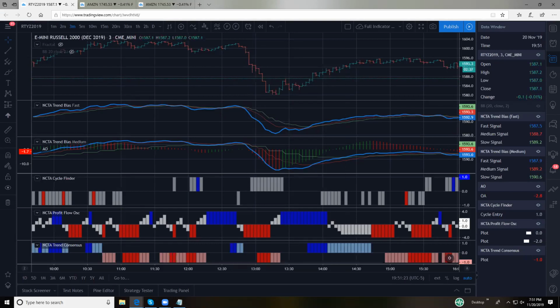Mark, we have a good question here. Marquette's asking, is just the fact that the blue is below the other two good enough, or does it have to make a fresh cross down or up to become a good setup? So if you actually want to go back to yesterday on NQ,